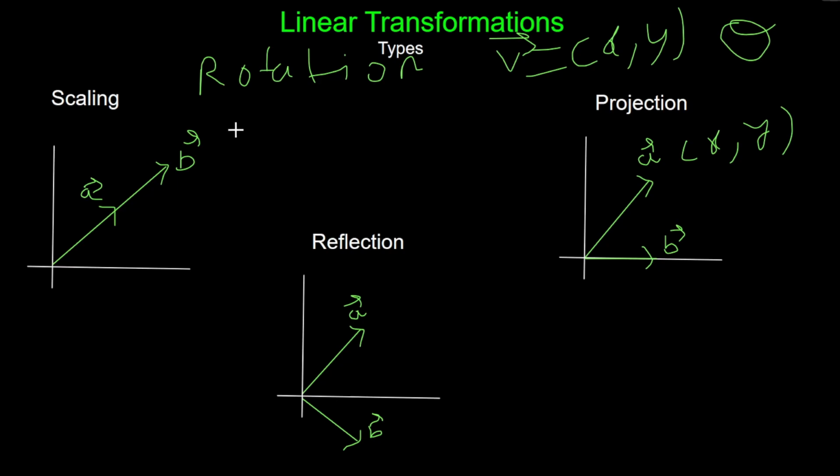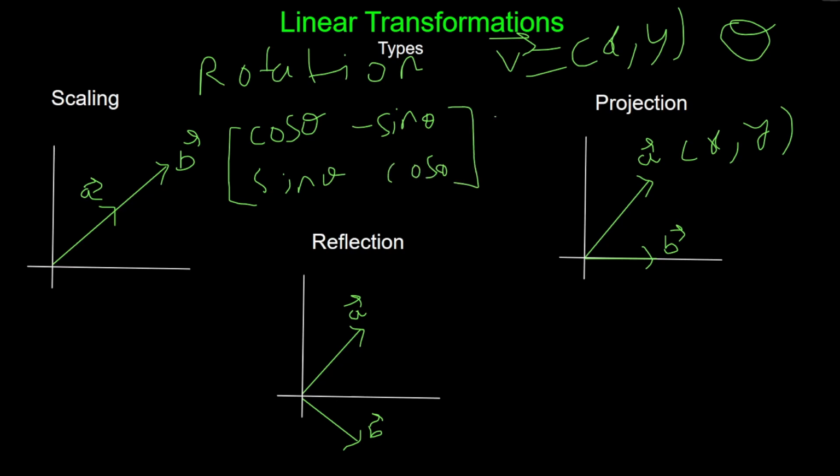So the rotated vector can be represented as cos theta, minus sine theta, and sine theta, cos theta, multiplied by the vector x and y. So if we multiply this, we'll reach the previous derivation which we did before. And yes,